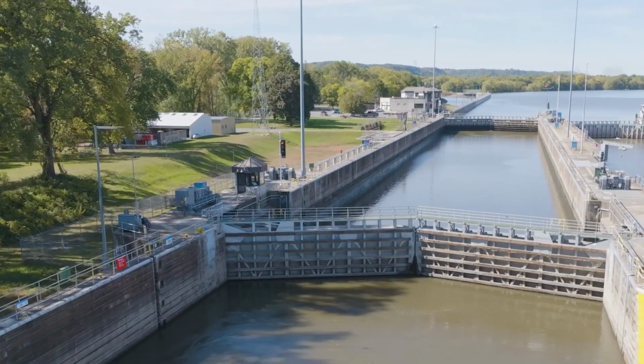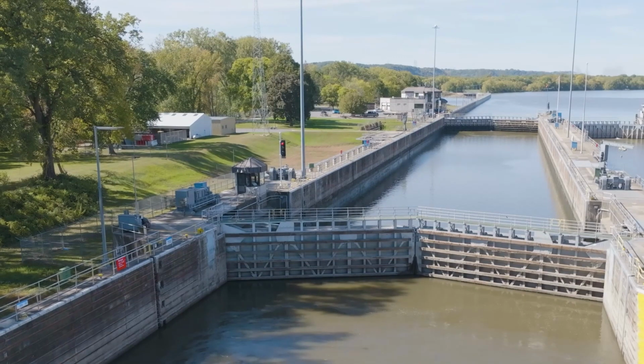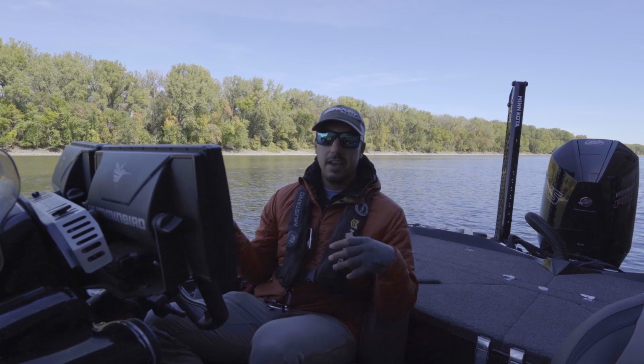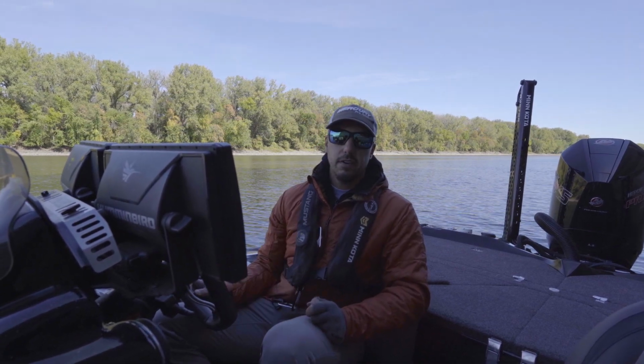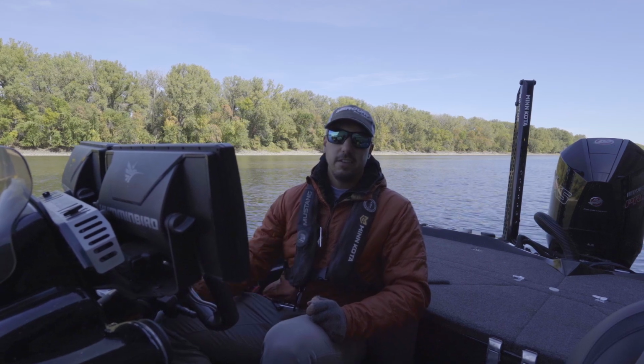It's flashing red right now, so we're just holding back and we're waiting for that to turn green before we can enter the lock. So we got to stay back. They got to get the lock ready for us to go through. Once it's green, we got the clear to drive in there and get settled in to go up to the